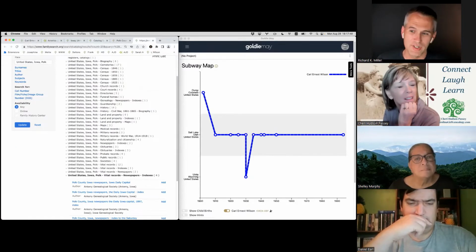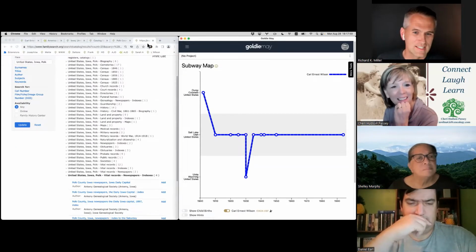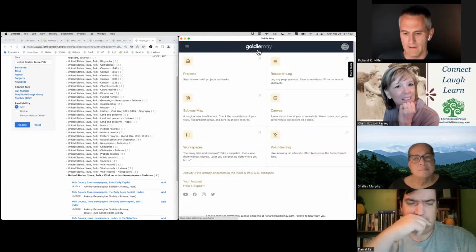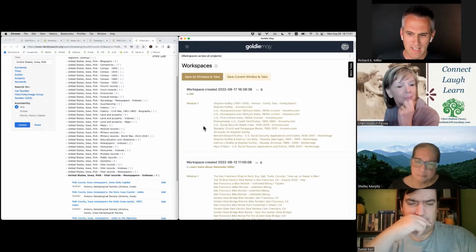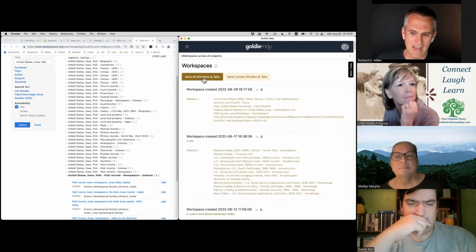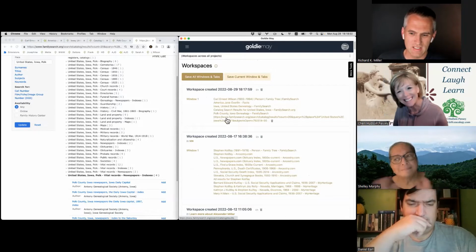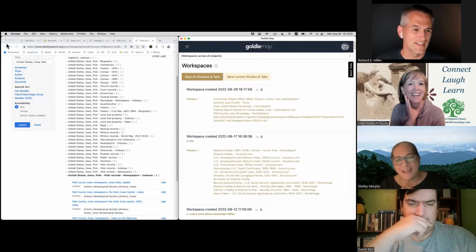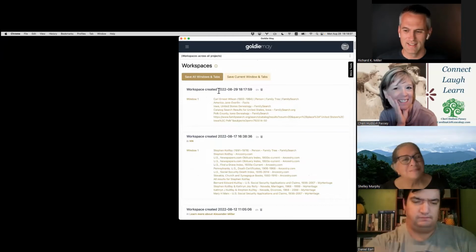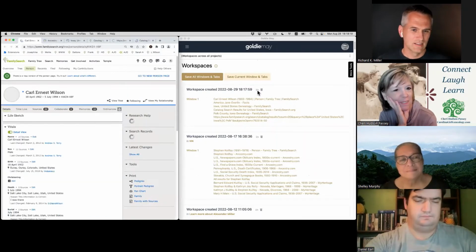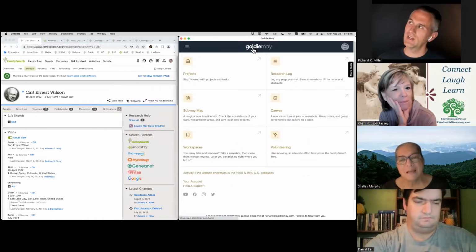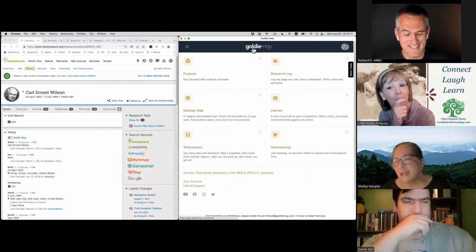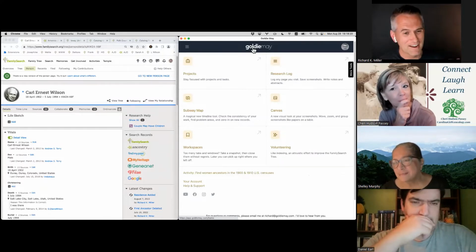And this is a decent time to show you, if you've got these items opened, one of the premium features of Goldiemay is this workspaces idea where you can come in here and say save all windows and tabs, and it will save a list of the 6 tabs we have open here. And if I close that and come back to it like this, they just open right back up. That's a nice thing, and it's kind of an alternative to a research log in a way, because it's not a formal research log, but it's saying, hey, I've got a bunch of stuff in progress and I don't want to lose it, and I'll come back to it.